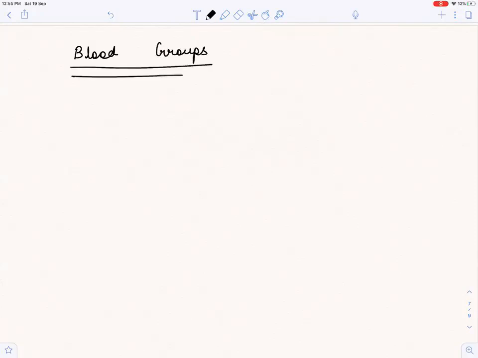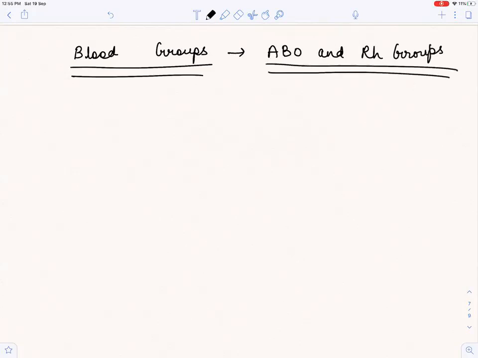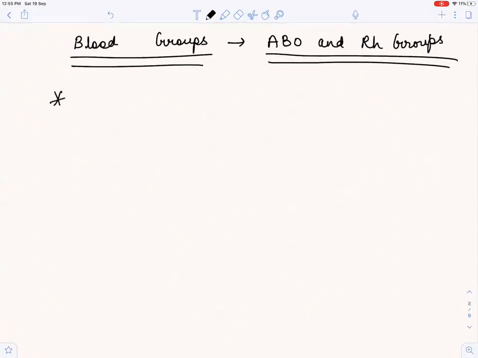इसमें हम कौन सा सिस्टम करेंगे, इसमें हम करेंगे A, B, O and RH ग्रुप्स, ठीक है, ये करेंगे। बाकी भाई आप एमबीबीएस में कर लेना, अभी आप बस ये कर लो, ठीक है। अब इसको शुरू करने से पहले हम एक दो चीज समझ लेते हैं, एक दो वर्ड समझ लेते हैं।